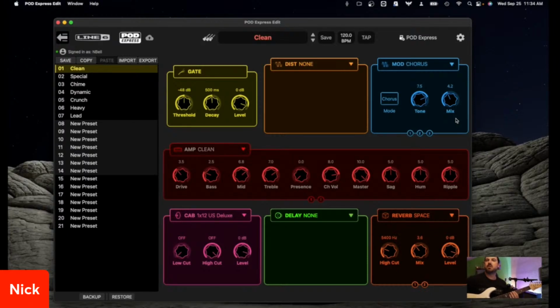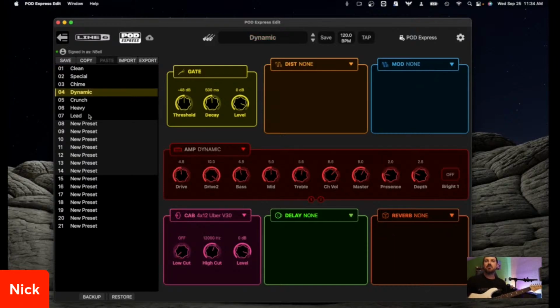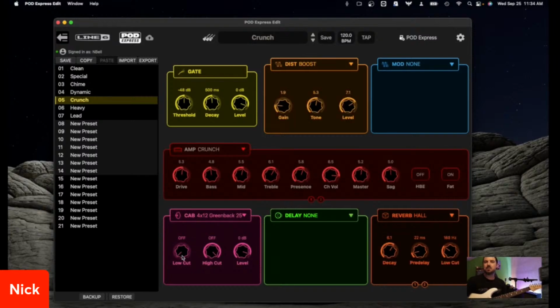And so you can just keep moving stuff around and have fun with that. But my favorite would have to be either the lead or the crunch. And then what I like to do with my cabs is go to the low cut, drop it anywhere from 40 to 50 hertz, and then take a little bit of high-end sizzle off of it, because you go into any studio with your modeler or even a traditional amp, whoever's behind the board is definitely doing something like this, moving off some high-end and